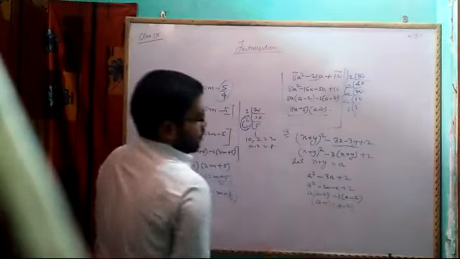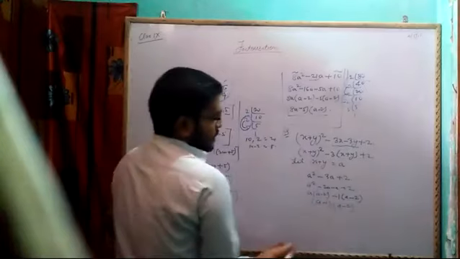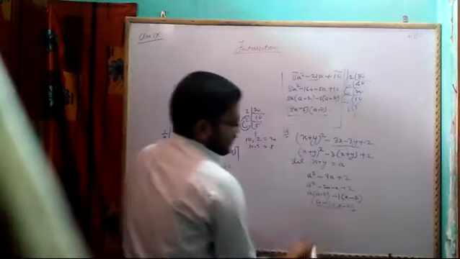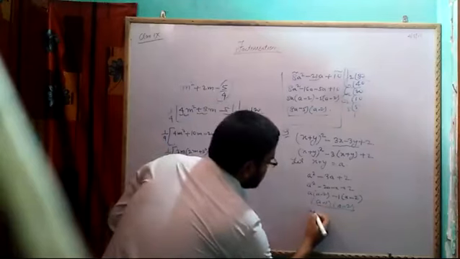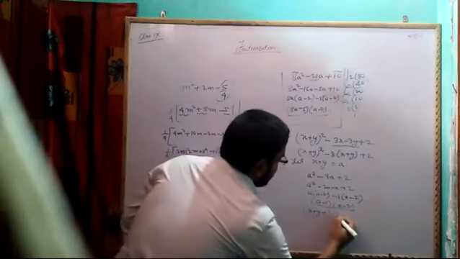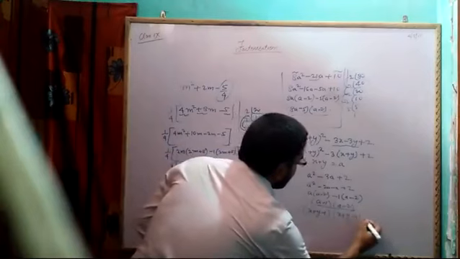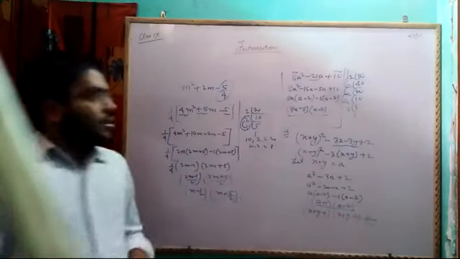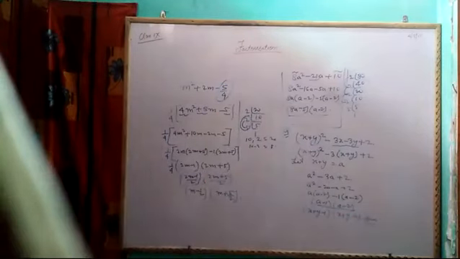Now in place of a, what you are going to write? You have to write x plus y, because your answer will not be here. It will not stop here. You have to write x plus y minus 1 into x plus y minus 2, and this will be your answer. Hope it is clear. You have to watch all the solutions one by one, and then you may be able to solve. Thank you.